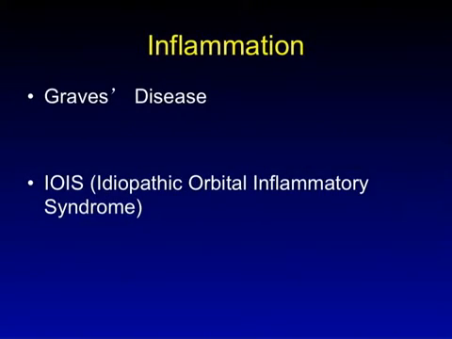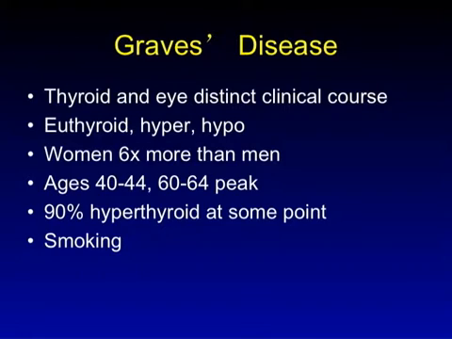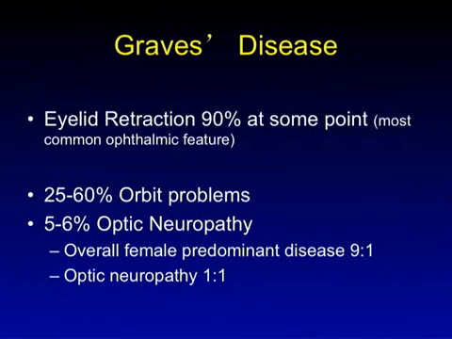Inflammation, most common is Graves' disease, and there's also idiopathic orbital inflammatory syndrome. So let's talk a little bit about thyroid and thyroid eye disease. Patients can be euthyroid, hyper or hypo. That's a question that, they'll give you a scenario where the thyroid panel is normal. It doesn't matter, okay? Women are 6 times more likely to have Graves than men. Ages are middle age, 40 to 44, 60 to 64. But 90% are hyperthyroid at some point. Smoking is the only thing that's found to actually worsen the disease process, okay? The most common ophthalmic feature is eyelid retraction. So that's really important. Optic neuropathy, although it's a huge complication of Graves,